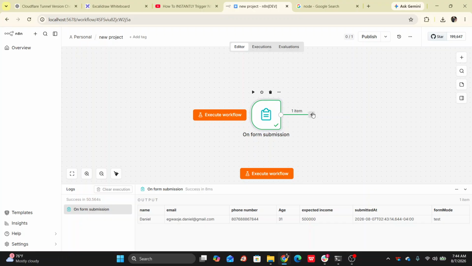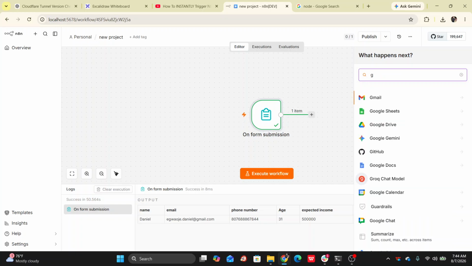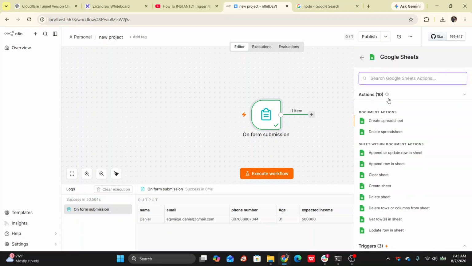We can just decide and say, oh, now let me connect it to my Google Sheet. So this is the action node now. We can even call it a database node, because we are actually saving it. So this is Google Sheets. So I will go to